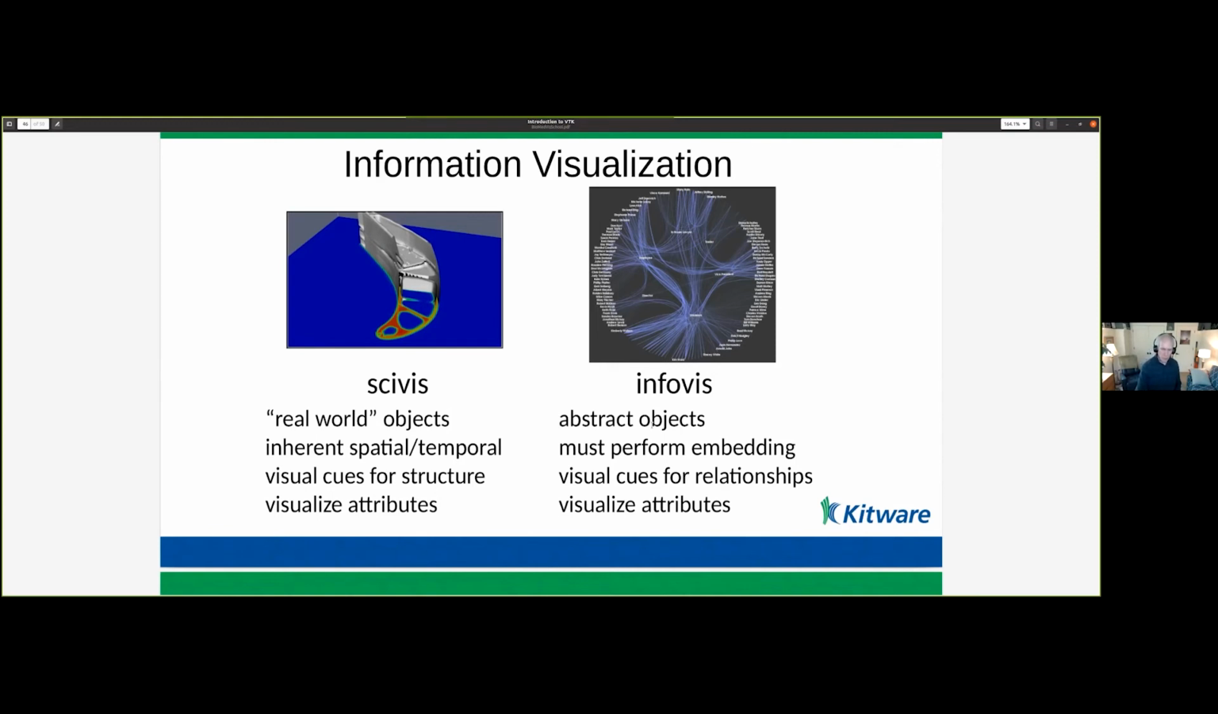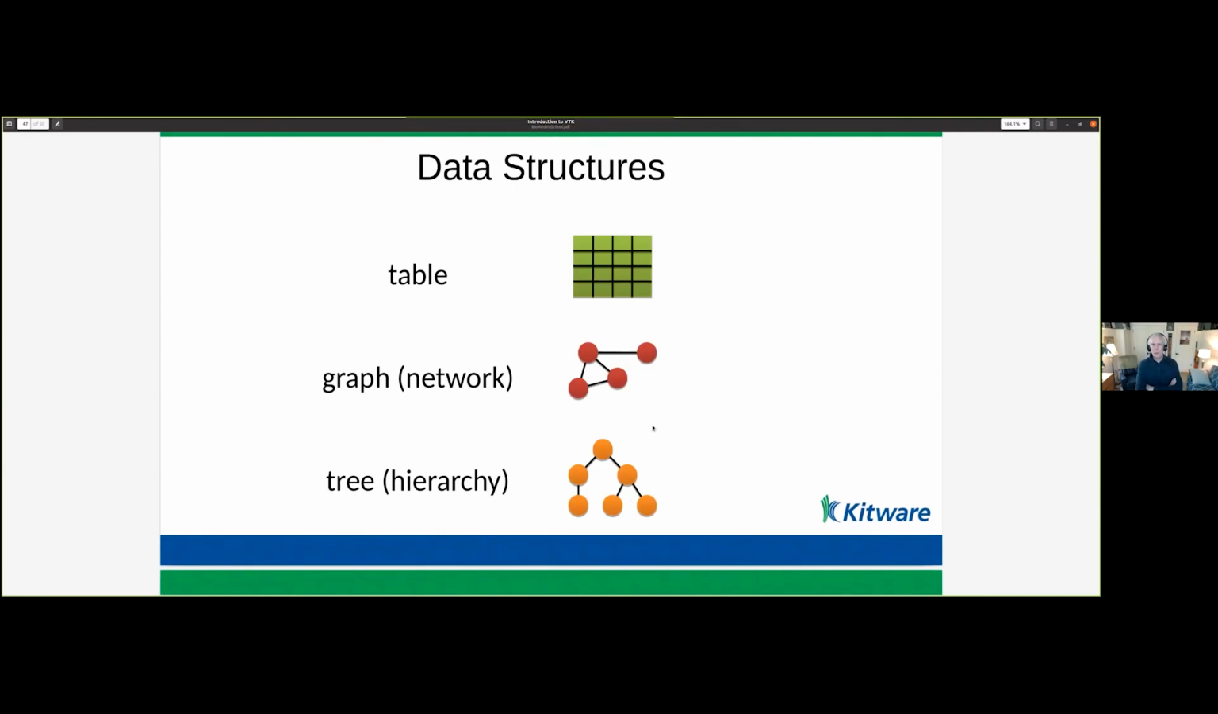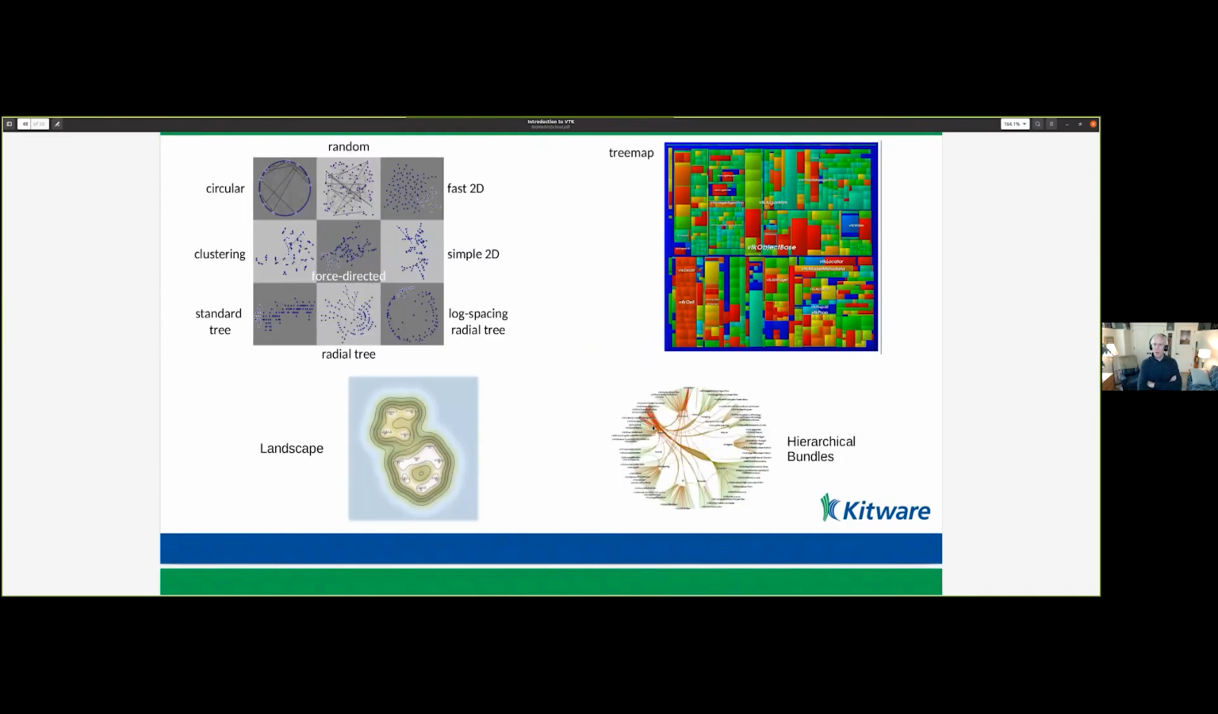And I'll just show you a couple of things it can do. There are data set structures for tables, graphs, and trees. And there's various algorithms for doing things like layout, network layout, and you can see that matrix in the upper left showing different types of layout patterns. There's capabilities for things like tree maps. This is showing,